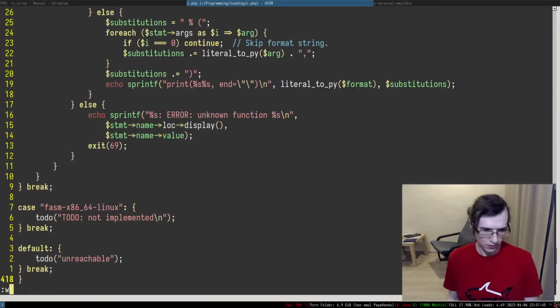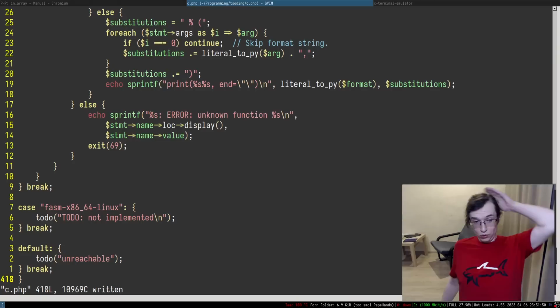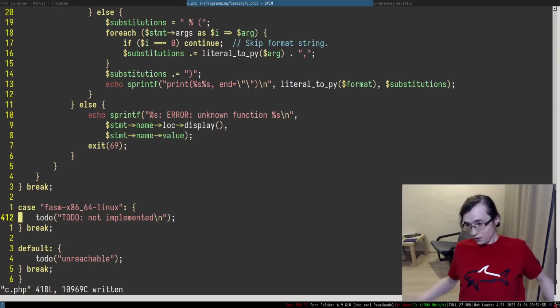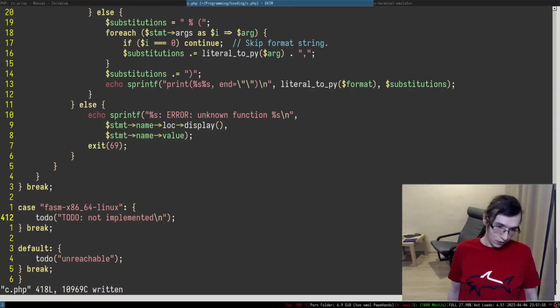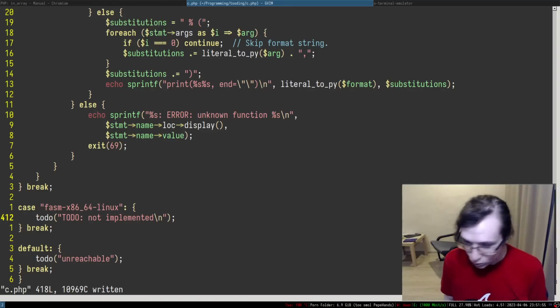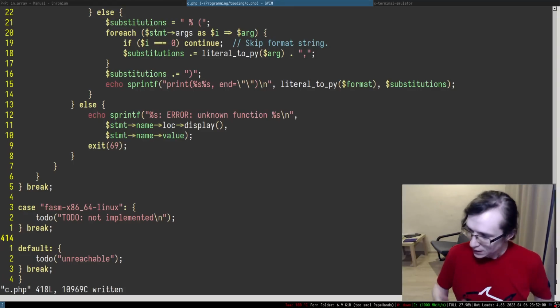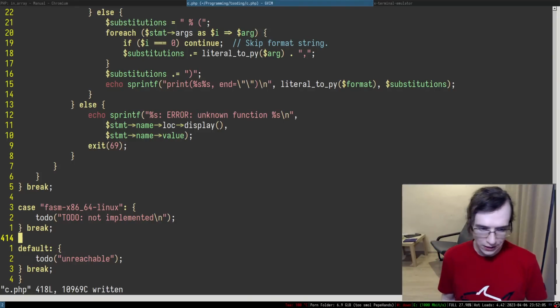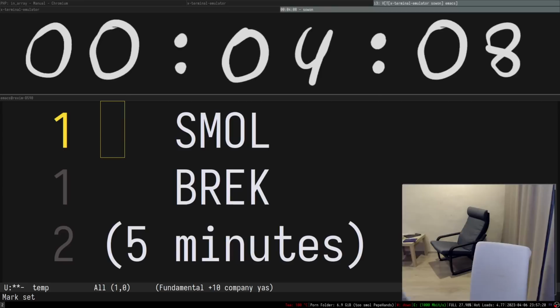All right, so what we need to do, we just need to implement this thing. How about that? Right. But before we go and implement this entire thing, I want to make a small break because I need to refill my cup of tea. So, yeah, let's make a small break.